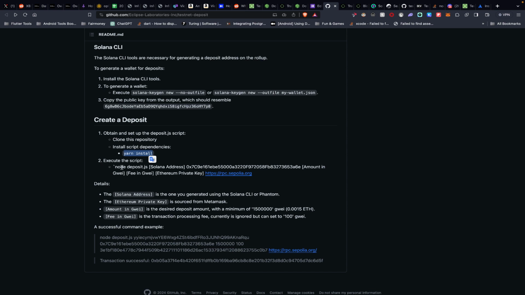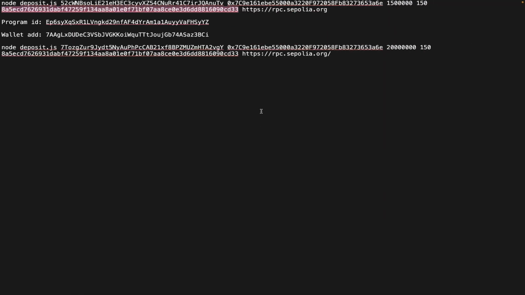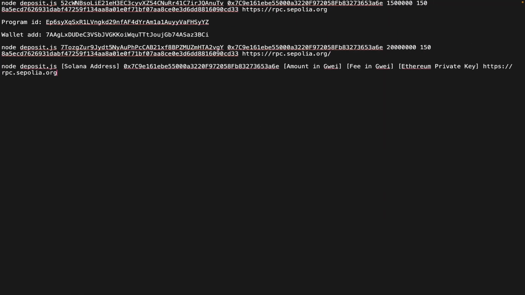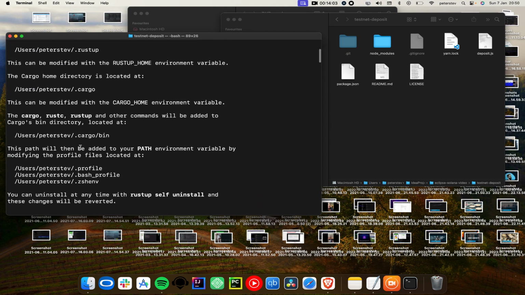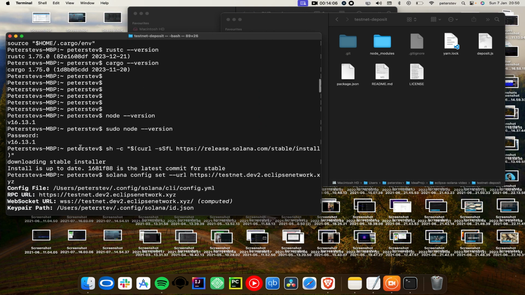The final step is to copy this. We're going to be using it. So now I want to come in here. You see I have the same thing here because I've done this once before. So we want to put your Solana address here. Your Solana address is the address that you generated at the beginning. So if you come here, we scroll back to the top, you can see,